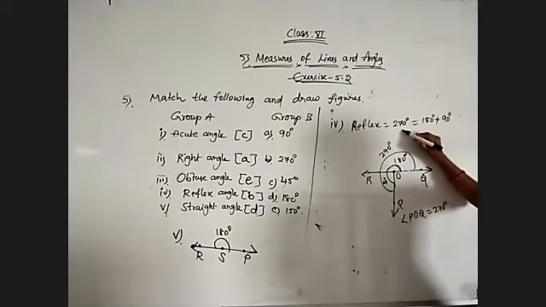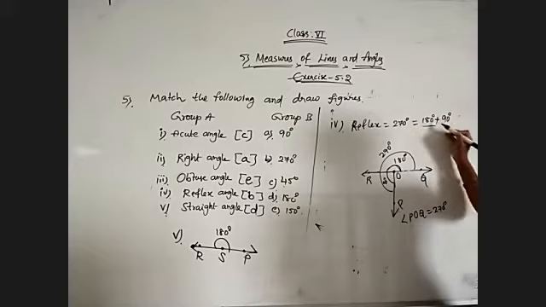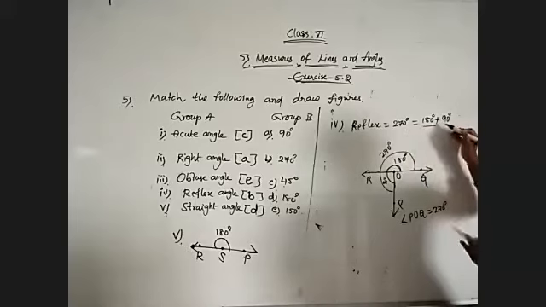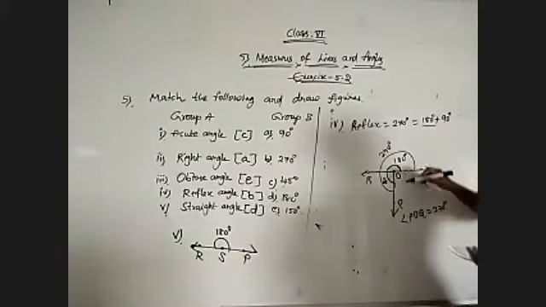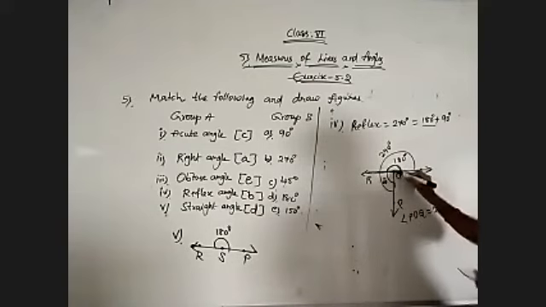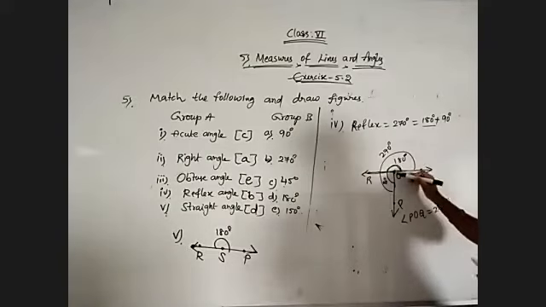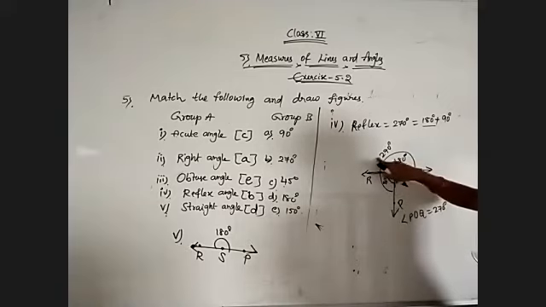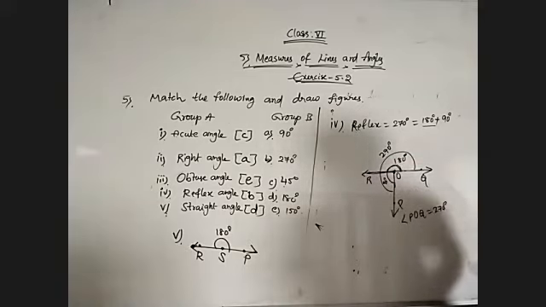So whenever you get a reflex angle, try to construct a straight line first. Because 180 plus anything is more than 180, you will get a reflex angle. So 270 is nothing but 180 plus 90. So 180 is a straight line. Draw the straight line simply and locate a point on the straight line. From that construct 90 degrees, because 180 plus 90 is 270 degrees. That's it. Okay.